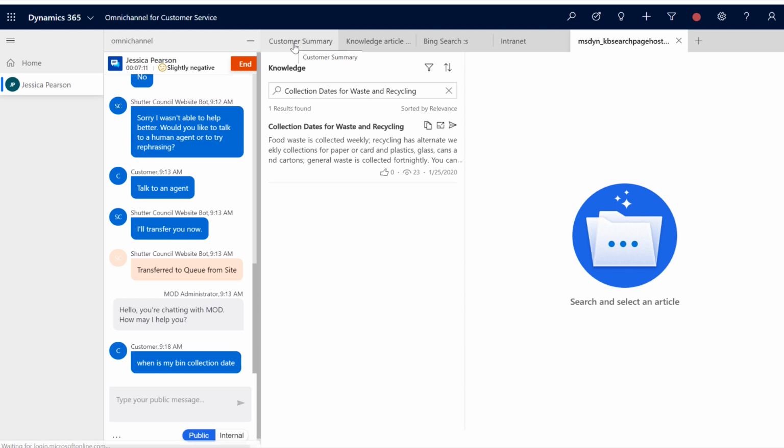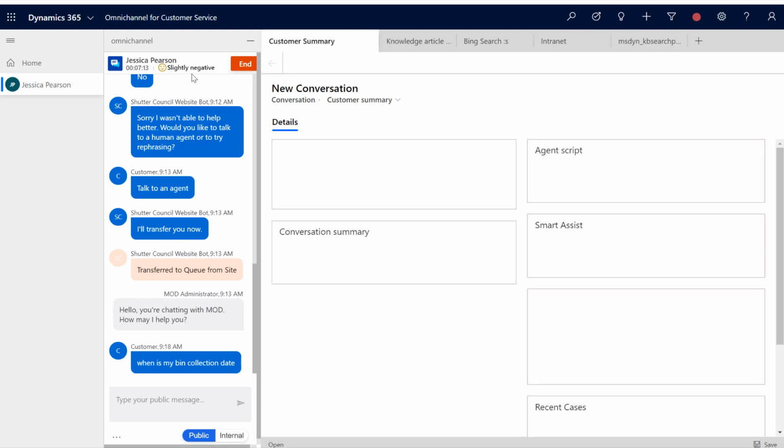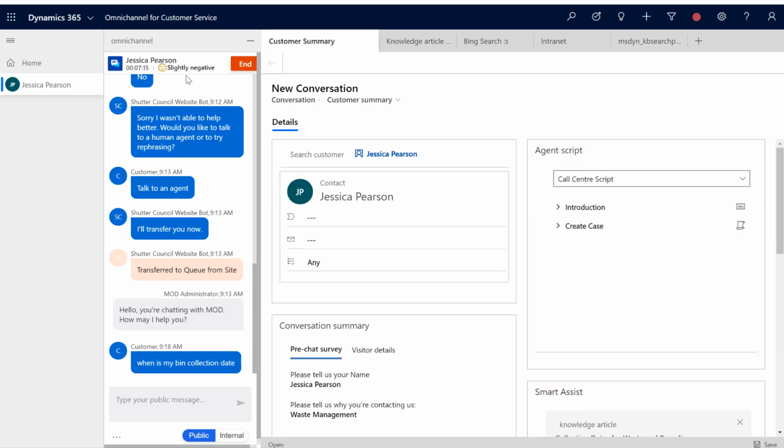The next thing that I want to demonstrate is the fact that you actually see the sentiment here. The sentiment is slightly negative. It's looking at the conversational text that's in this chat, and it's using sentiment analysis in order to identify the sentiment of the customer.